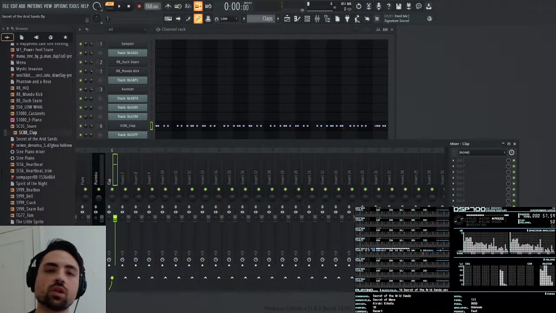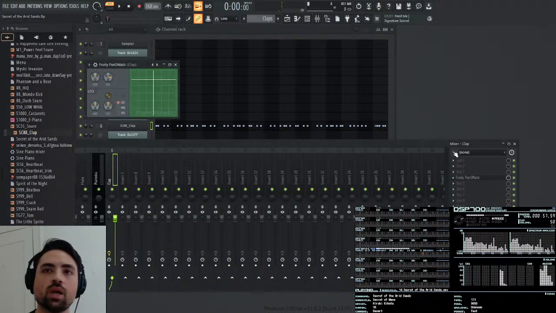And now the other thing I want to do is use the Pan-O-Matic to give it a panning sweep. And I think the amount is going to be 100%. The speed's going to be pretty fast, or almost 100%, maybe not quite 100%.